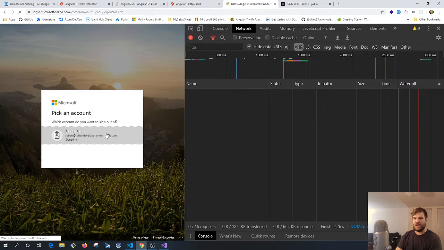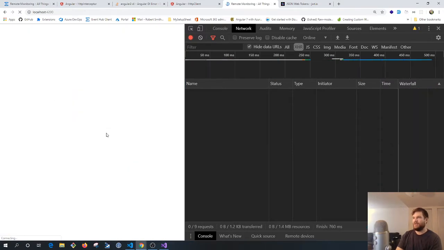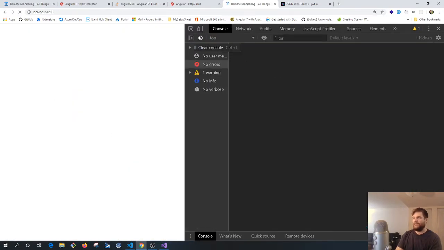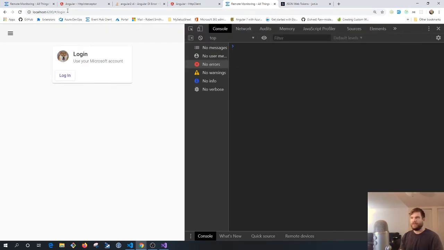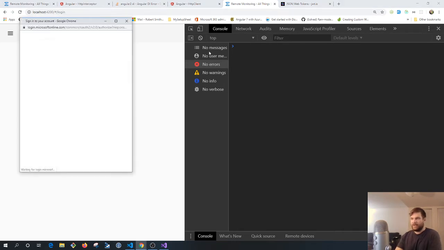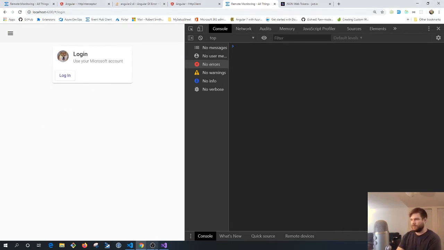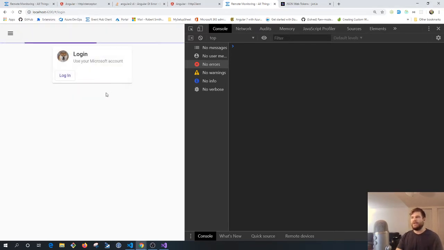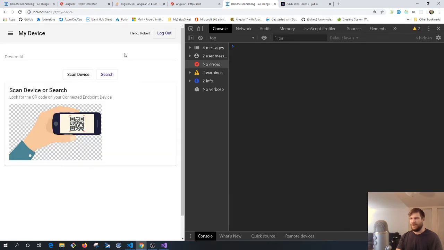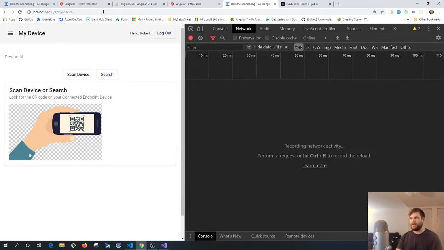Everything else works. We're going to log out of our Microsoft account. All right, so we're on this page. If I say I'm going to my device and I don't have a user, it's going to keep me here. Log in. Oh, I just lost my login window. Log in. We'll choose this account. Sign in with Microsoft. It's doing its thing. Okay, and then if we come over here,